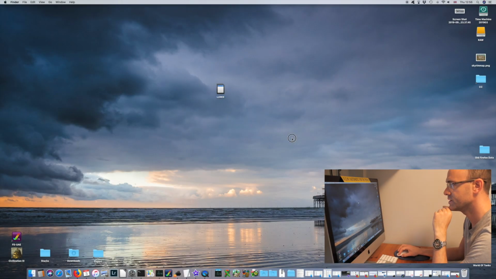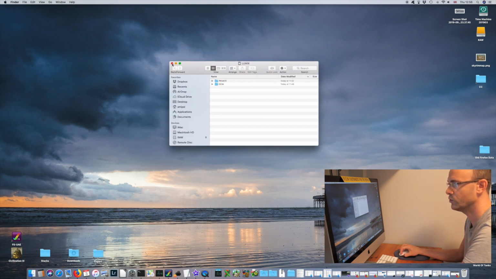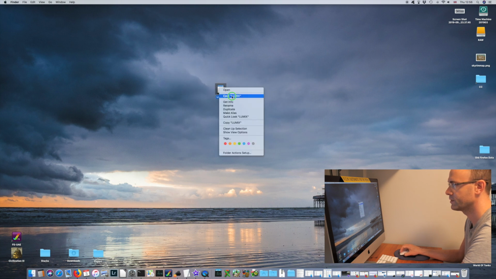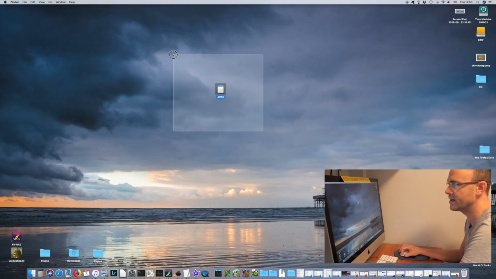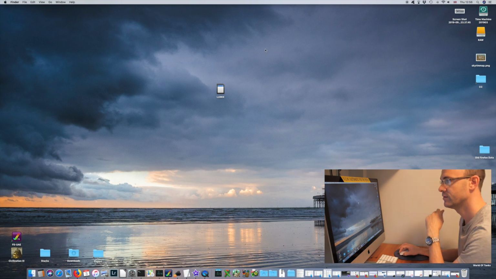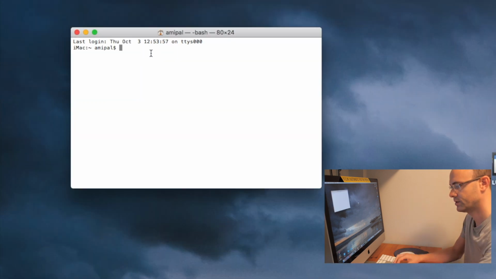I've just inserted the SD card into the back of it. This was formatted on my digital camera, hence why it's called Lumix. Let's get some info for that. It's a 2GB card. It's a no-brand card that I found somewhere, and we'll prepare that for use on a real Amiga. So first things first, I'm going to start up a terminal, and we're going to type